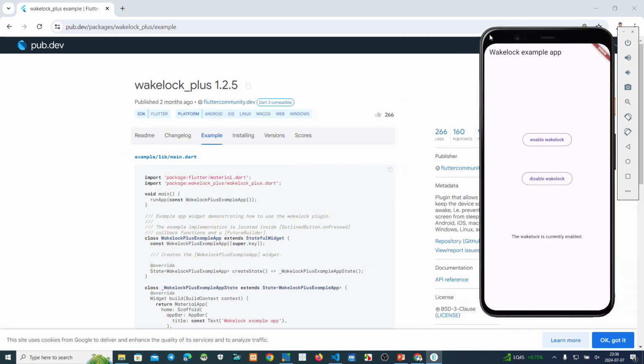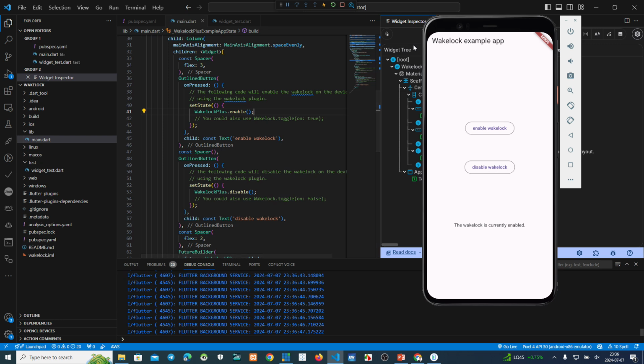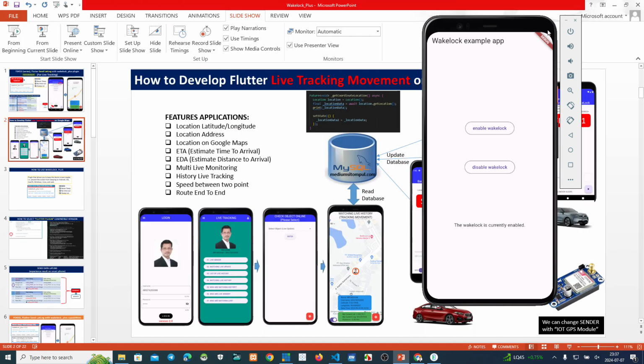Okay, for this moment, we have finished to use wake lock plus to this simple project. But now we can use this plugin for our project.